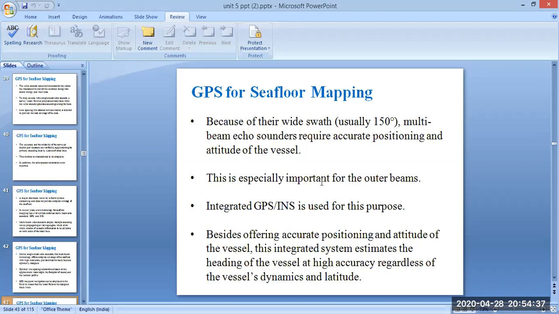We have already discussed GPS INS integration in the previous unit. Besides offering accurate positioning and attitude of the vessel, this integrated system estimates the heading of the vessel at high accuracy regardless of the vessel's dynamics and latitude.